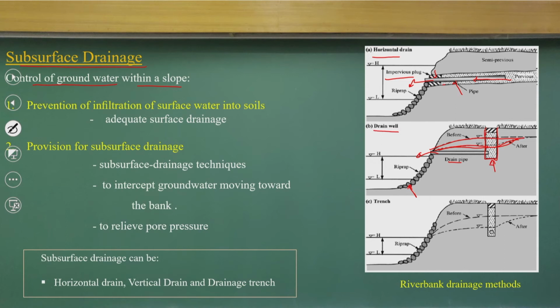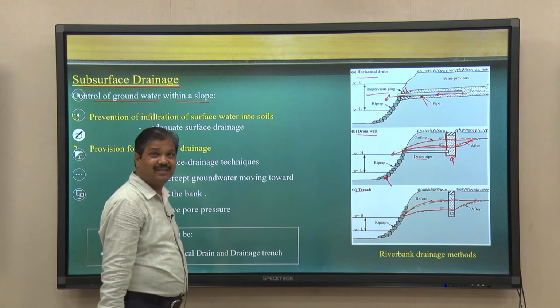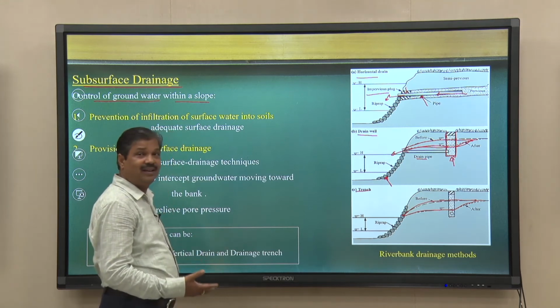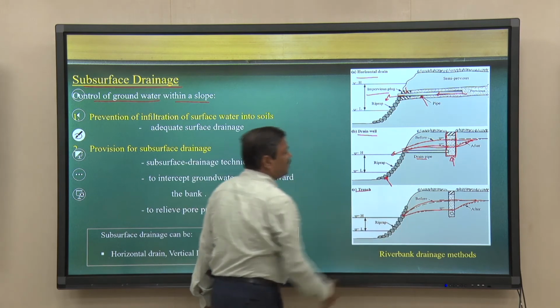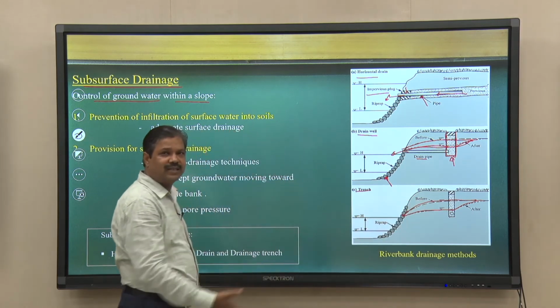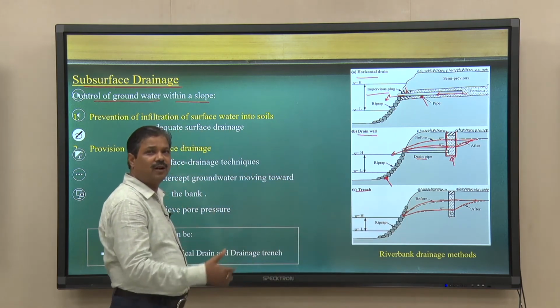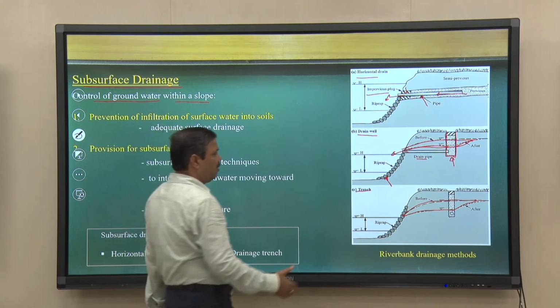Same way, you can have a trench, and you can see the groundwater table earlier, and because of the trench the groundwater table changes like this. So, it has a lot of change, and the basic idea is to protect it with a riprap, and also reduce the rotational failures,